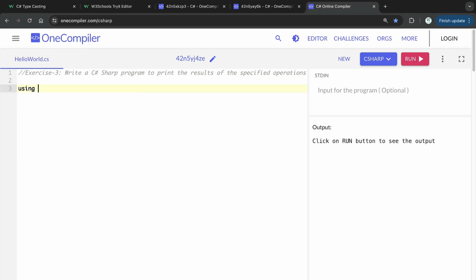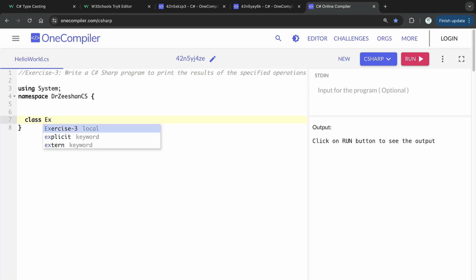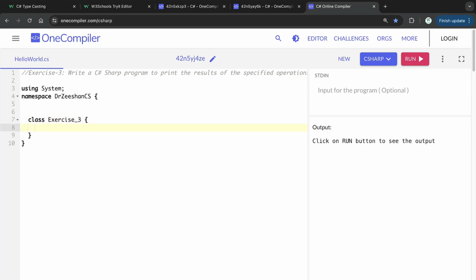So we will be using System semicolon. So we know what we're doing. We will be using a namespace, and I'm going to give the same namespace because everything in this case belongs to the same project. Block start, block close, bring it down, class, and then this can be, for example, Exercise3 without the dash. Remember, dashes are not allowed. So now we have Exercise3, and every code needs to have